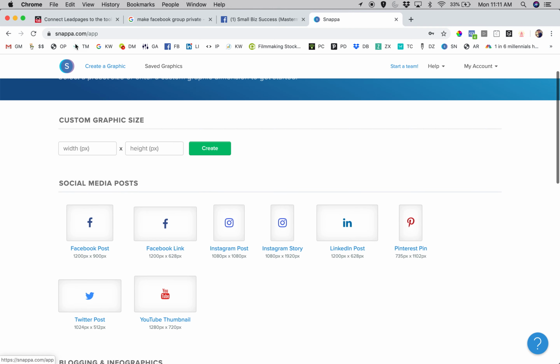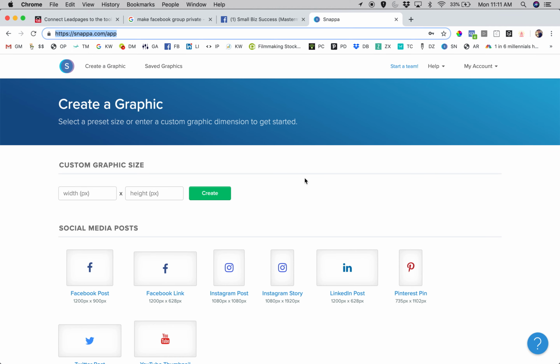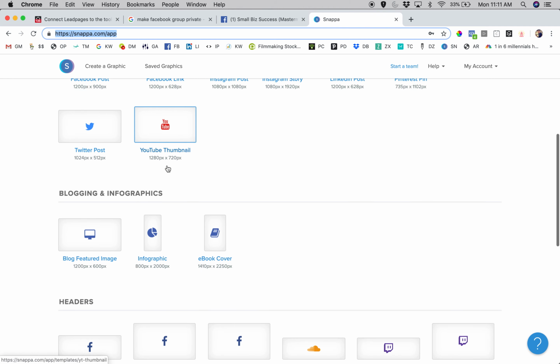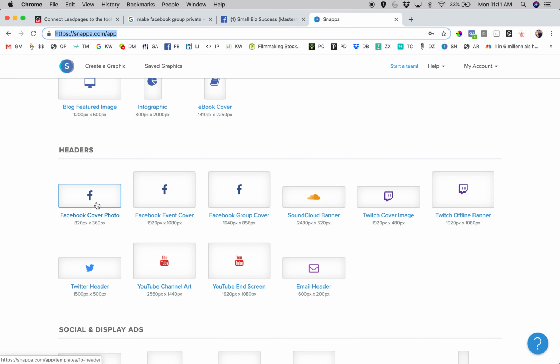called Snappa. So here I am. I'm within my Snappa app right here. So it's at snappa.com if you're interested. But what you do is you log in and then you have two options. You can either create a graphic or you can borrow from all the graphics that you've made in the past in saved graphics. Since this is a brand new graphic for me, what I'm going to do is I'm just going to scroll down to where it says Facebook cover photo, and I'm going to go ahead and click on